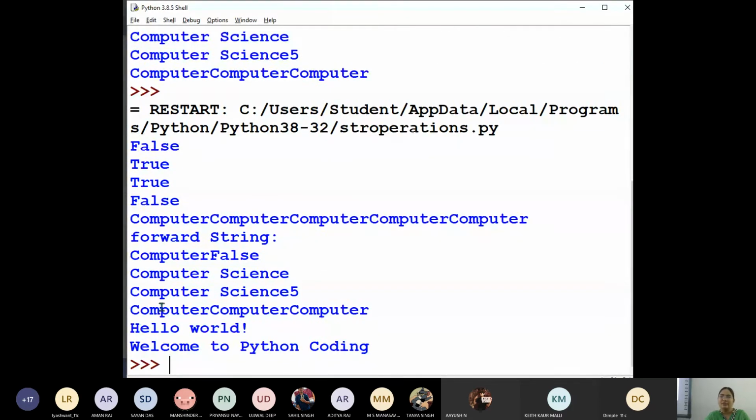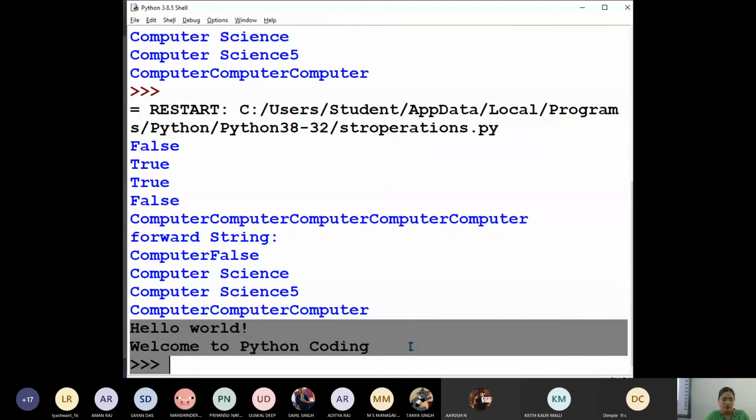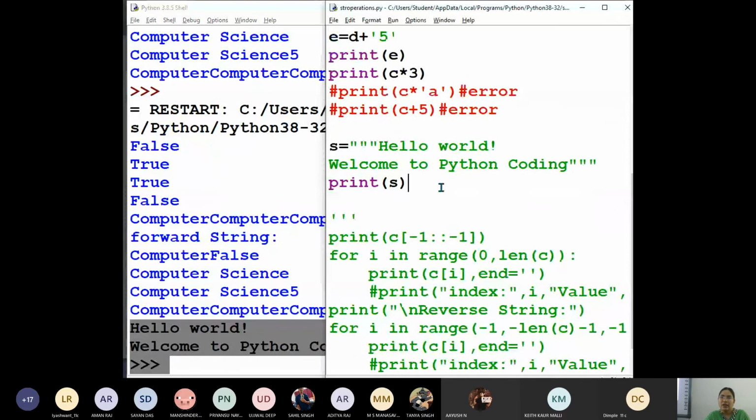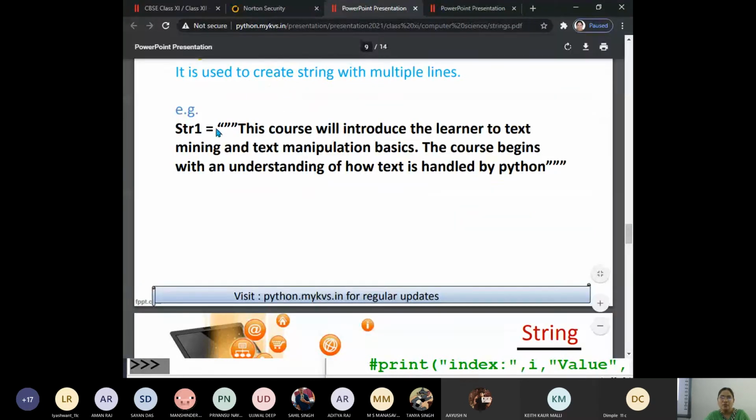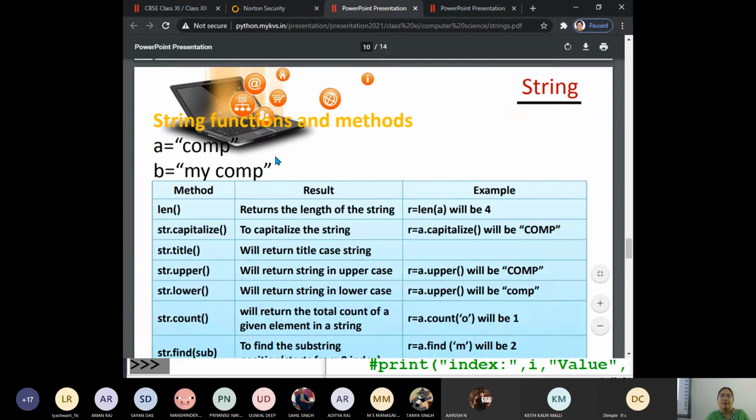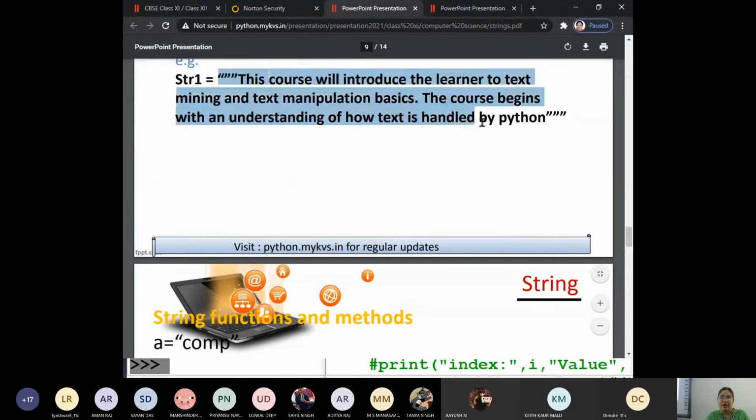Now what is printed? Hello world, welcome to Python coding. So that way you can create multi-line strings. Multiple lines, if assigned to a string variable, should be within triple quotes. That entire paragraph is str1.